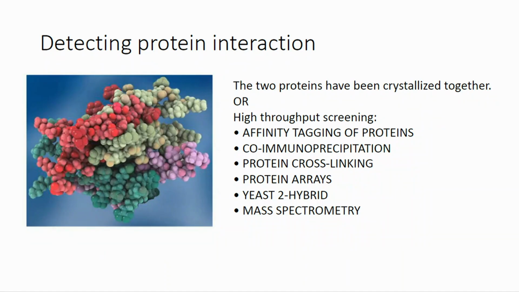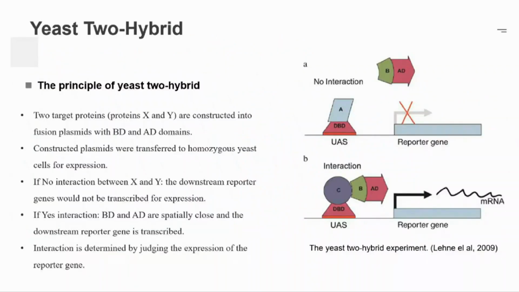There is a way of coming up with multiplex assays where you could, at a high level, measure if something binds or not. And there are multiple such types of high throughput assays. But I think in general, Yeast-2 hybrid and mass spectrometry are very commonly used. A lot of these try to make use of the sequencing information to predict whether something interacts or not. So take this Yeast-2 hybrid assay as an example.